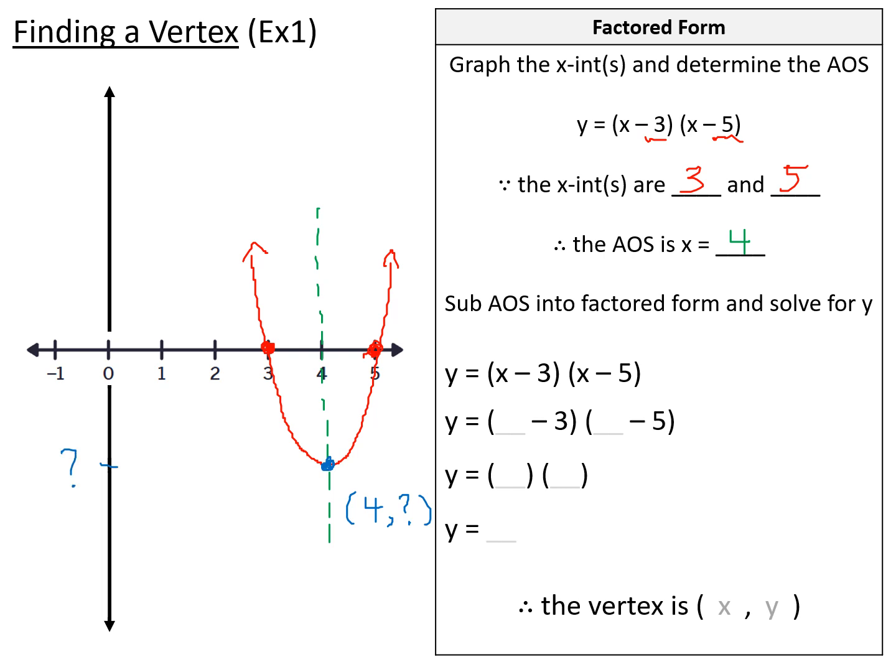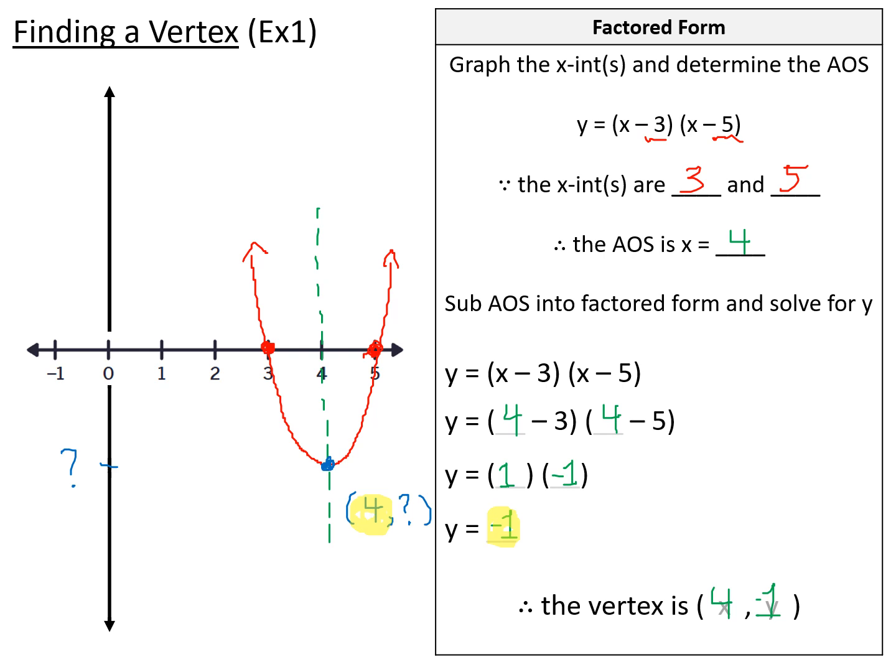We can find the y-coordinate of the vertex by taking our axis of symmetry value of 4 and placing it directly into factored form. Once you do that, you can simplify the numbers in the brackets. 4 minus 3 is just positive 1, and 4 minus 5 is negative 1. Afterwards, you want to multiply these numbers. 1 times negative 1 is negative 1. That means we know the x-coordinate of the vertex is positive 4 and the y-coordinate of the vertex is negative 1. Therefore, the vertex is positive 4 and